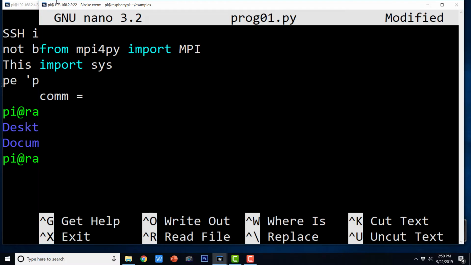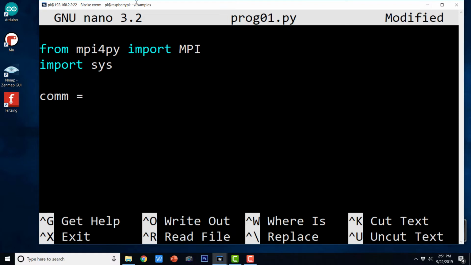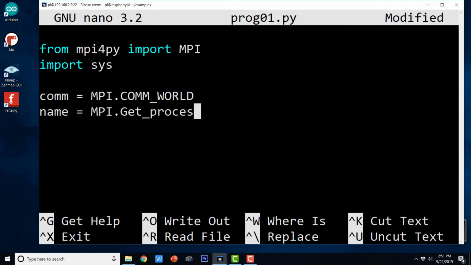Let me minimize all the other windows so that we are not distracted. Then name equals MPI.Get_processor_name(). This comm is nothing but MPI.COMM_WORLD, so we can use it to know the rank of our process.